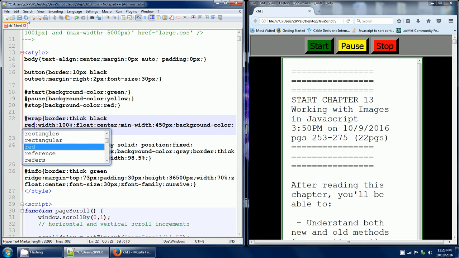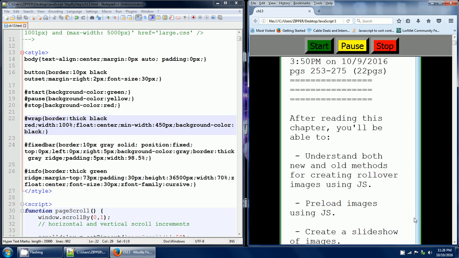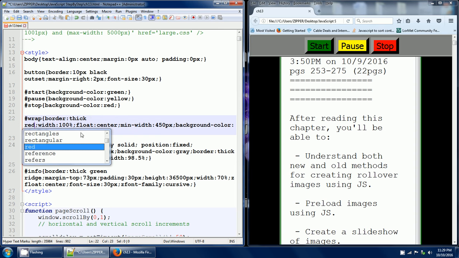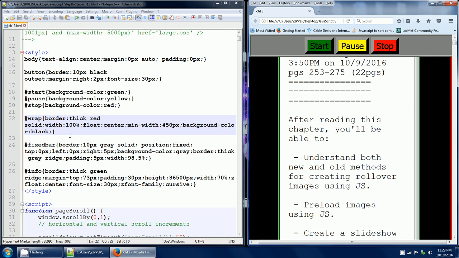If I turn that border to red for the element with the ID of wrap and refresh the page, well, you may not even see that either. Border thick, thick red solid. There it is. You see it way to the left, and if I scroll over here, you see it way to the right. I suppose if I were to take that width and minimize it just a little bit, 99%,